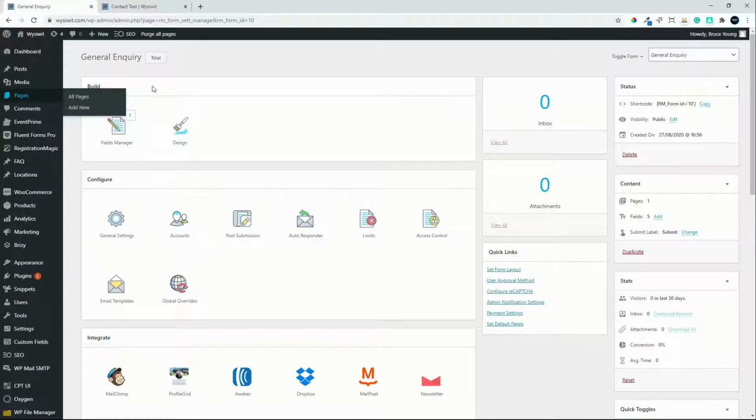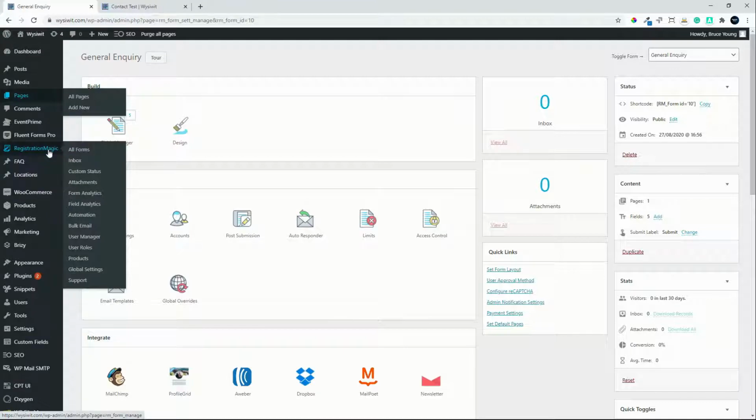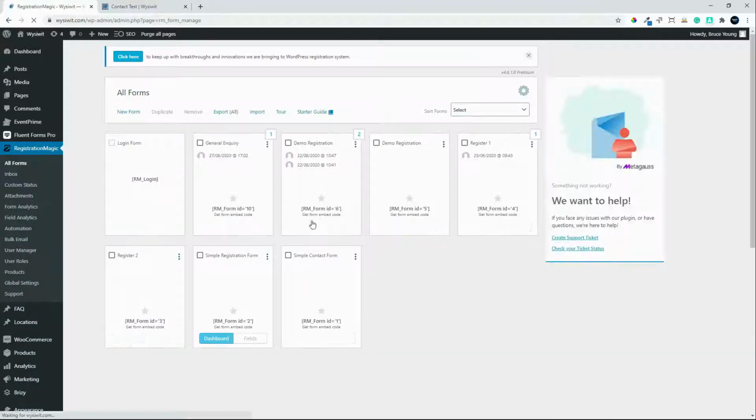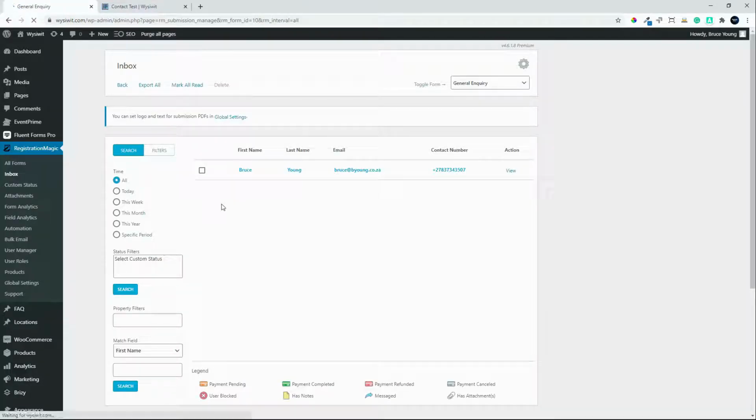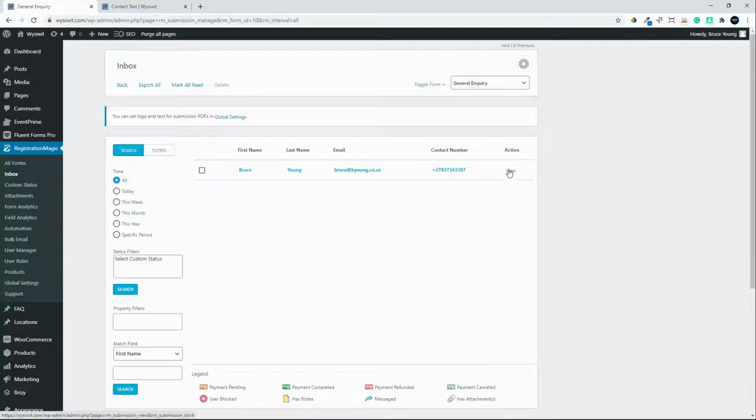So here we are in RegistrationMagic, and what we're going to do is head back to the All Forms page. And here you'll see that it immediately indicates that one submission has been received. That's what the one in the corner indicates there. If I click on that one, you will see that it brings up the page with all the receipts, and here you can in fact see the form. And if I click on view,